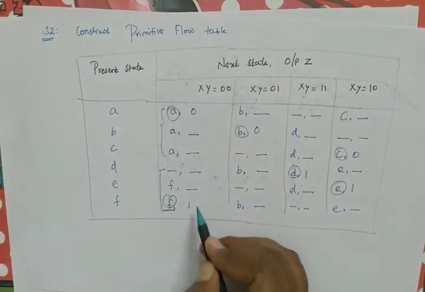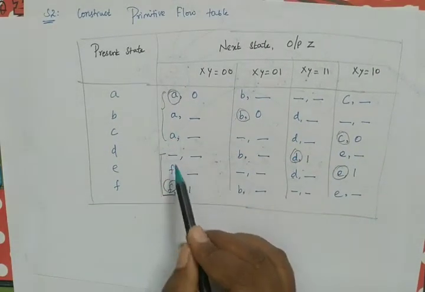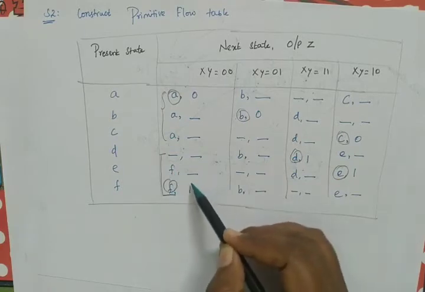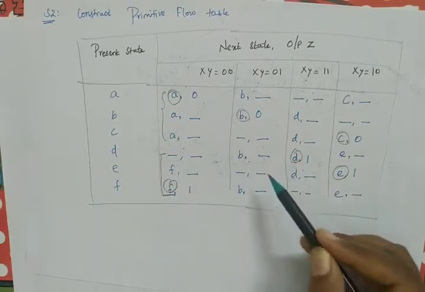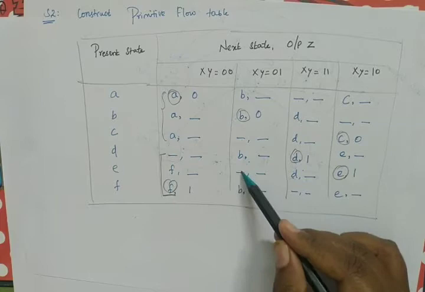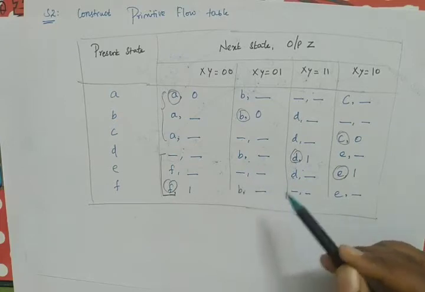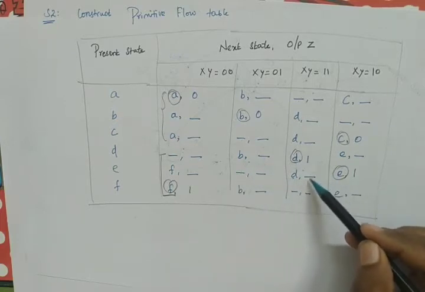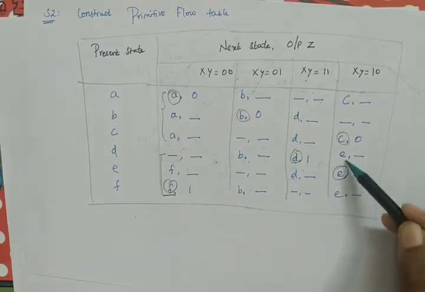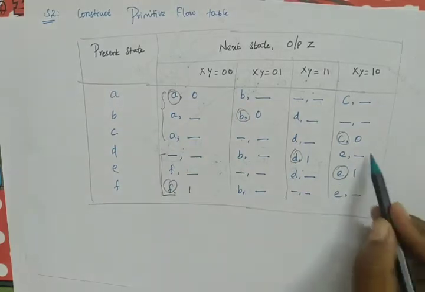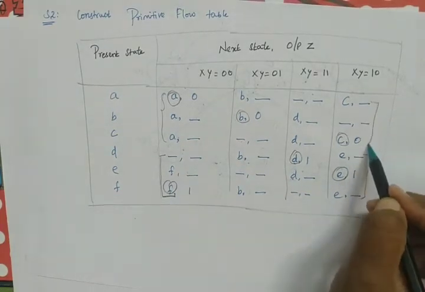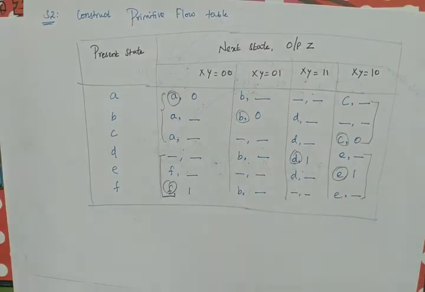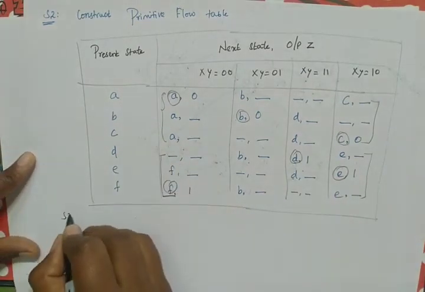Likewise, we can merge these three groups, because here we have dash. So we can take this dash as F. And here we can take this as 1. And here we have B. So we can take this as B, and everything is dash. Here we have D. So we can take this as 1, and here it is D. And here we have E. So we can merge these three and these three. This is called step 3, which is reduction of primitive flow tables.